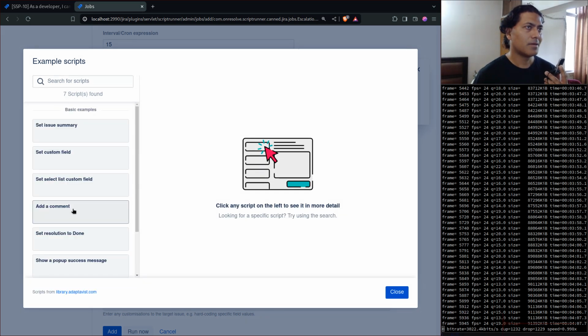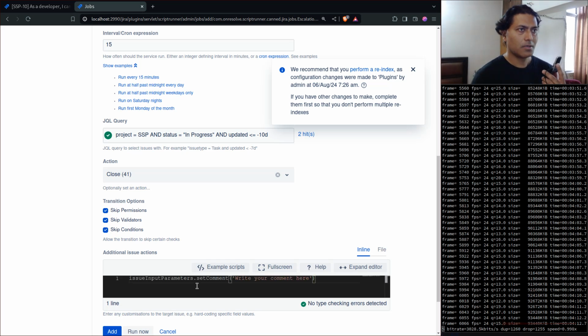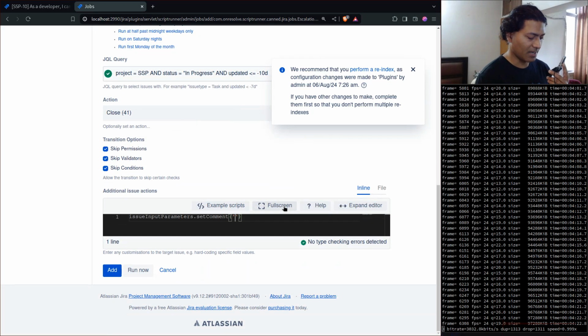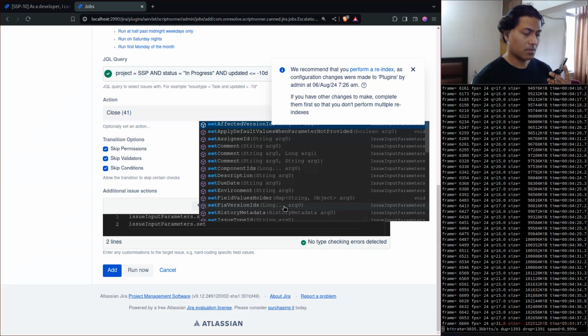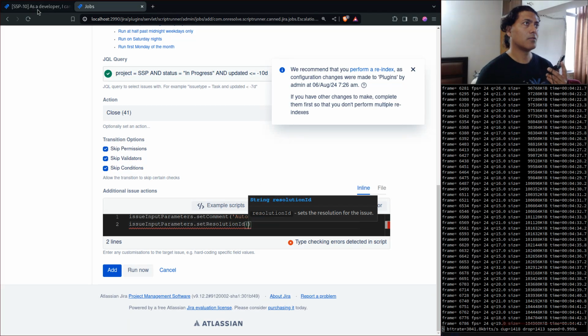So let us say add a comment, and you will get a code here, and you can say that okay, auto closed. So I'll just type in here the comment, and there is also one more thing that you can do. You can also set the resolution automatically. For that you need to know the resolution. So let us first auto closed, and you may also want to say that okay, I want to issue input parameters dot set resolution, and we have to find the resolution ID, and the resolution ID is something that you